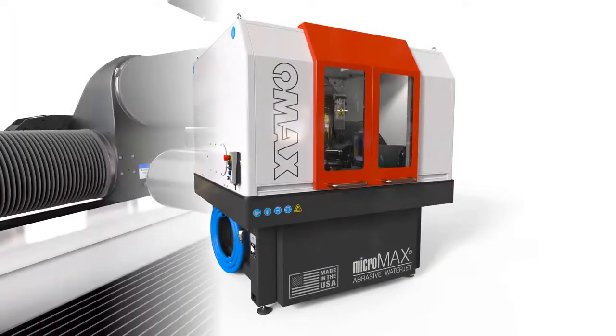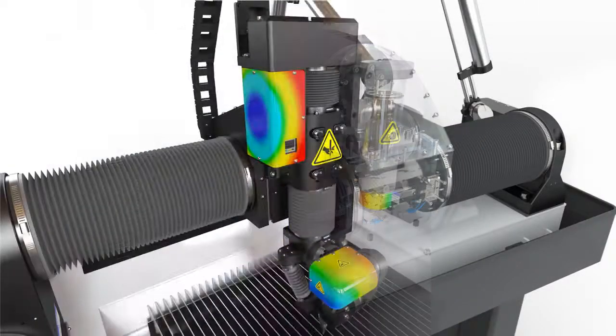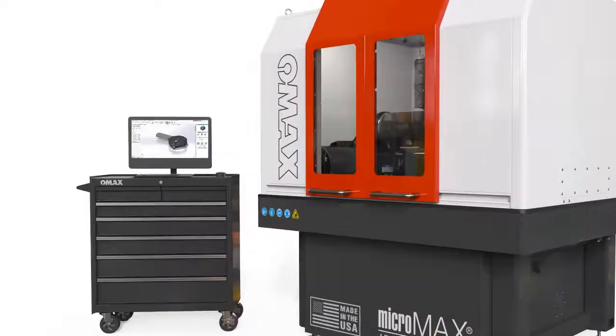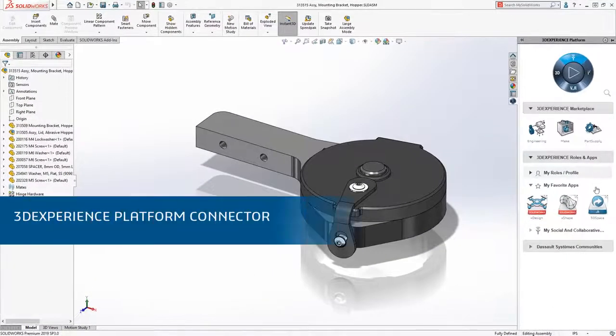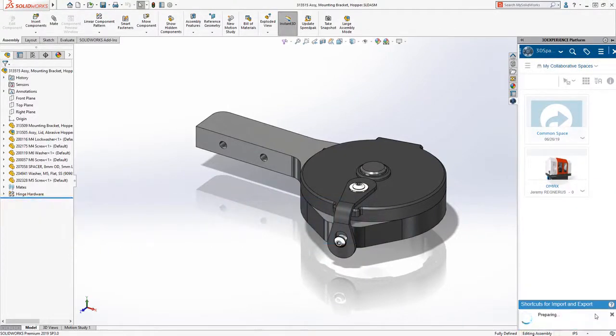Omax Corporation stays ahead of the competition by leveraging all of the design tools at their disposal. SOLIDWORKS 2020 offers new ways for companies to take advantage of a connected ecosystem of products. The 3D Experience Platform Connector for SOLIDWORKS Desktop enables you to leverage your existing on-premise design data to work how